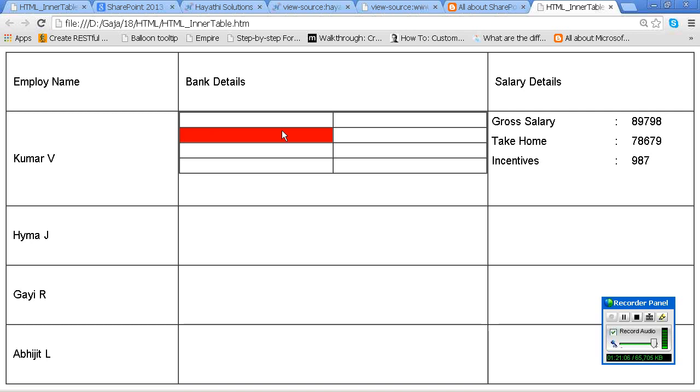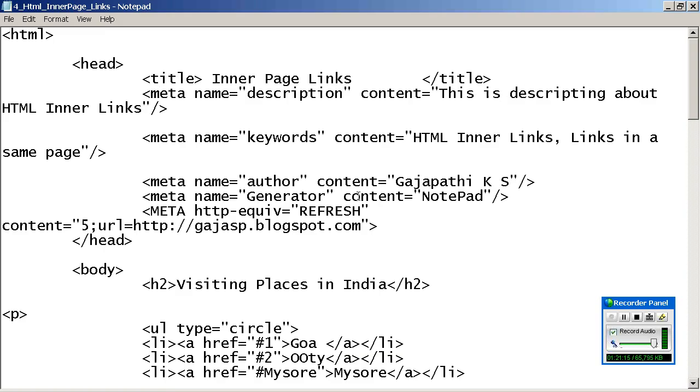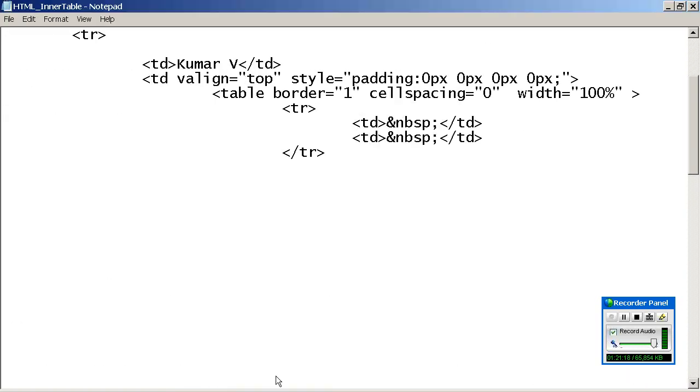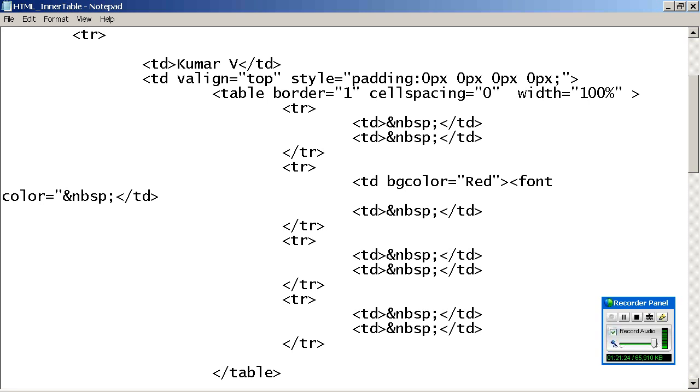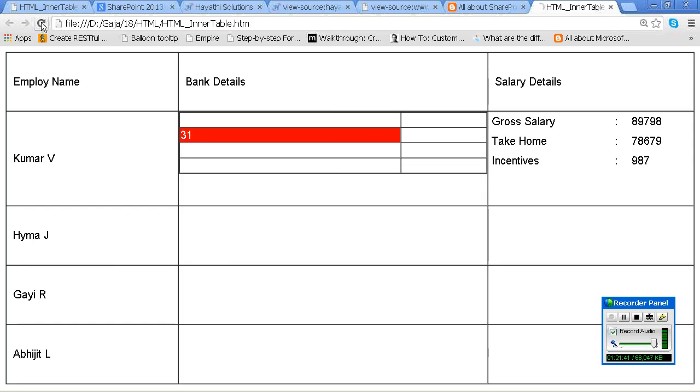Okay, in such a situation, if I write the color black, it will not look good. So what color should we use? White. And this white will be very good. In such a situation, what should you use? Font color equal to, and you should end it here only, right? Because if you are not ending it, it will go to another ratio. Font. Okay? So, I am stopping here.